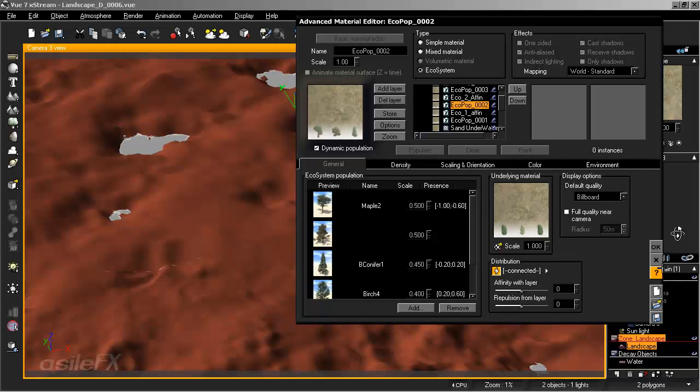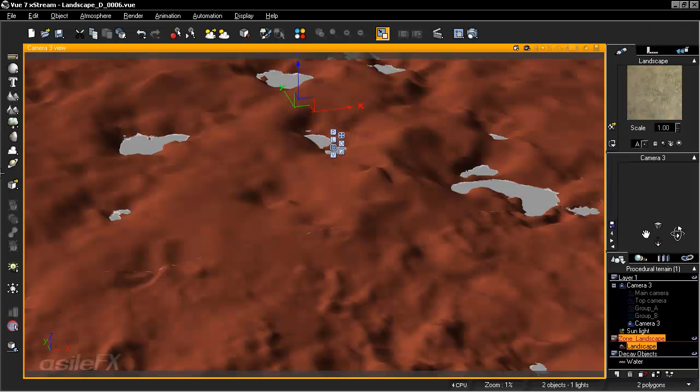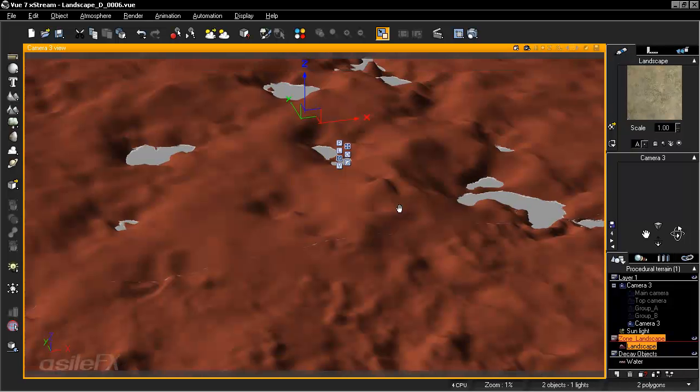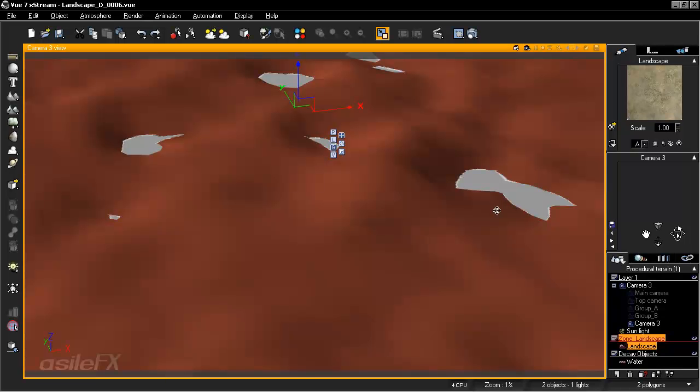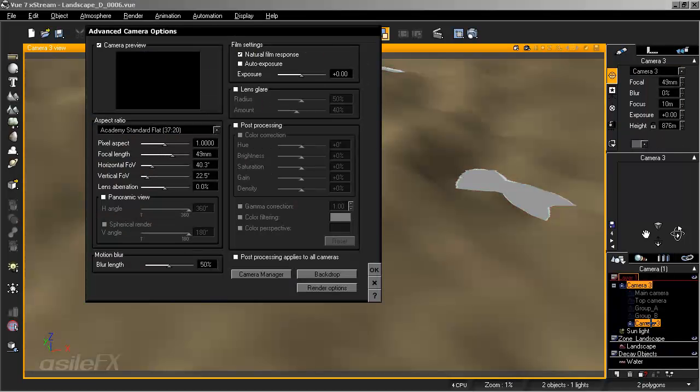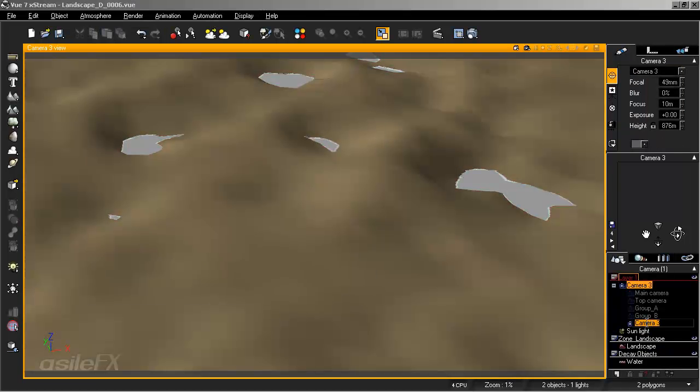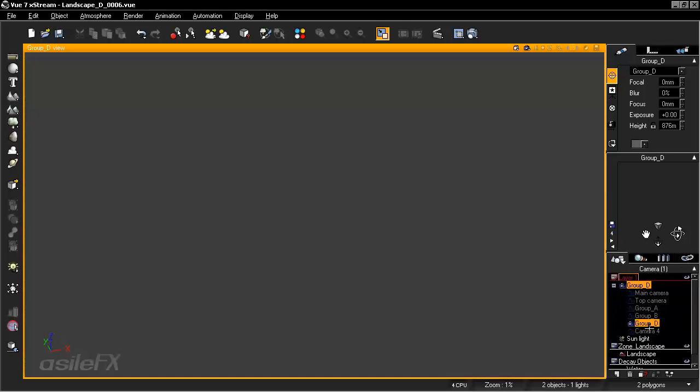There's one thing I want to show you, and that's basically how we can convert this to a standard terrain, retaining the bump with the current material. I do want to save this camera that I've set up, and I'm going to call it Group D, and this is for the distant render and the much higher up one. We're going to save it,